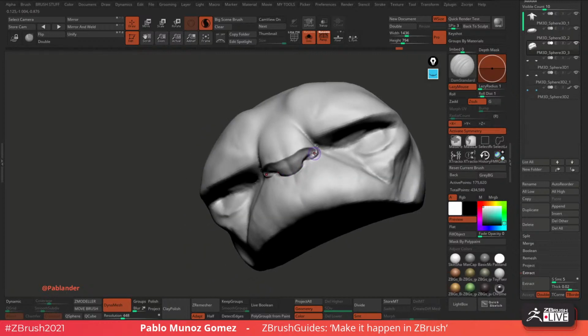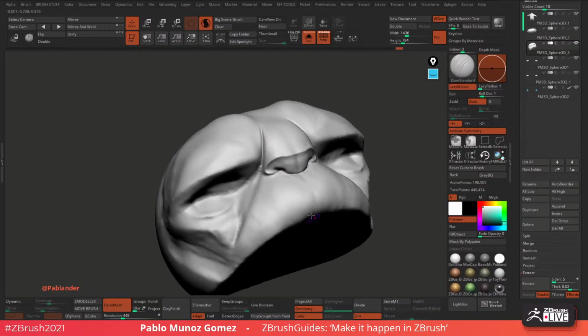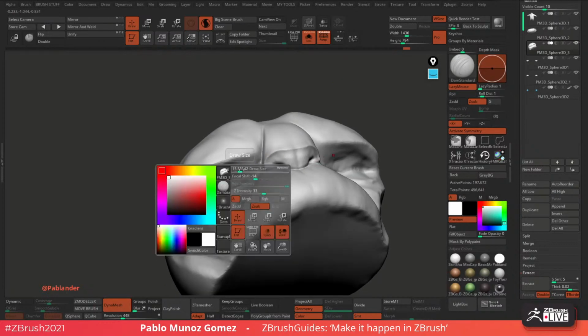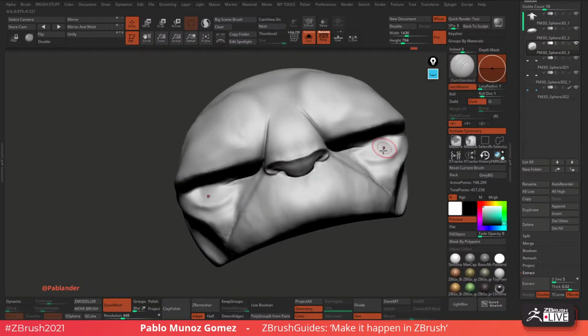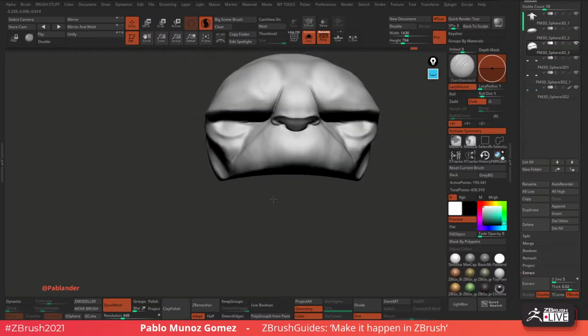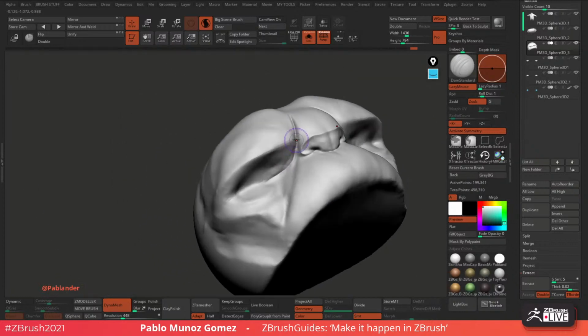So this is a bit of a different workflow from the usual thing. Rather than creating a perfect sculpture or something that is really well defined straight away, what I'm trying to achieve here is just smooth this out a bit without Sculptris Pro. What I want to do is just establish some of the main forms, and using Sculptris Pro in combination with the Dam Standard brush, just define the sharp corners that I want to keep. So all of these